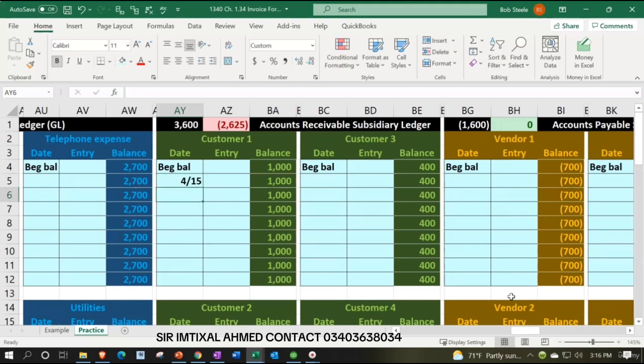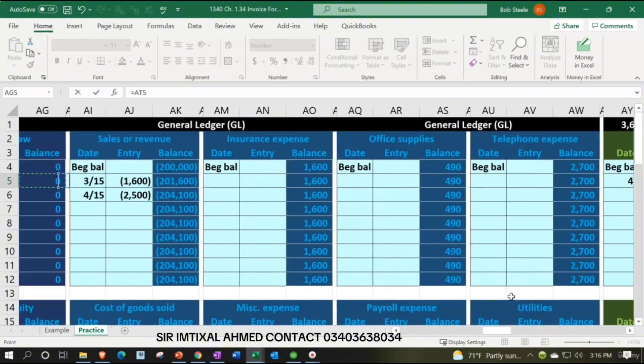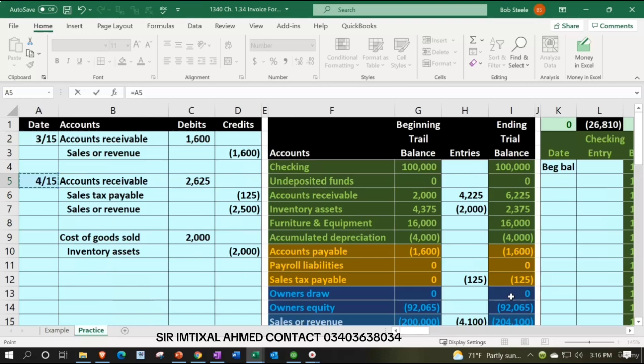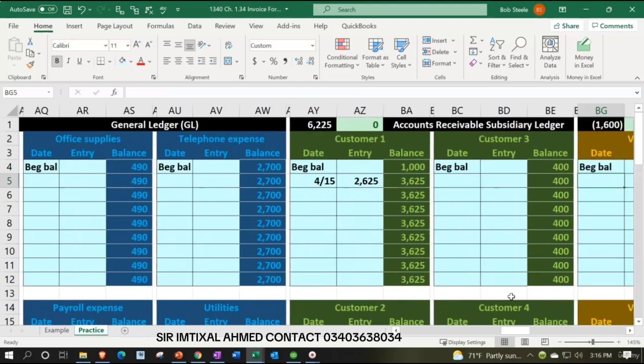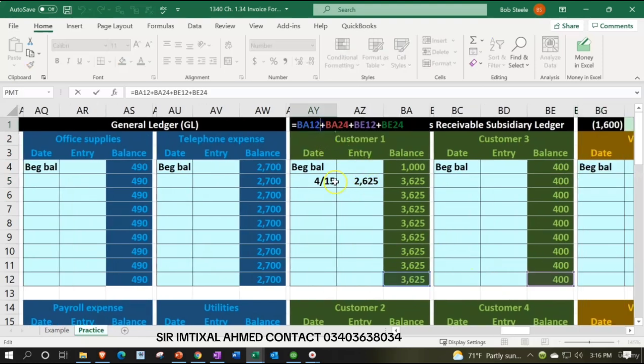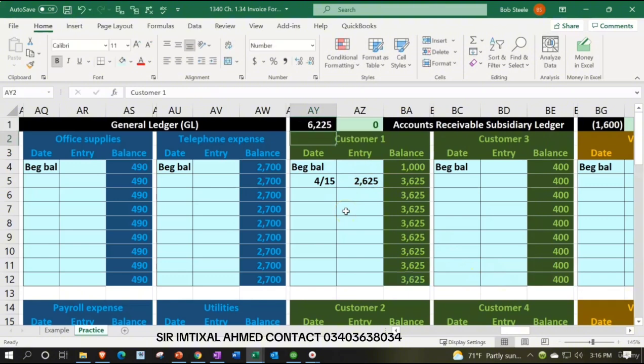Now on 415, I'm putting my cursor on AZ5. I'm going to say equals, holding the left arrow down till we hit the wall, hitting the wall, and there's the 2,625 that they're going to owe us. That includes the sales tax. And that's the 1,000 plus the 2,625 brings us up to the 3,625. If I add up all 4 of the customers we have, then that adds up to 6,225,